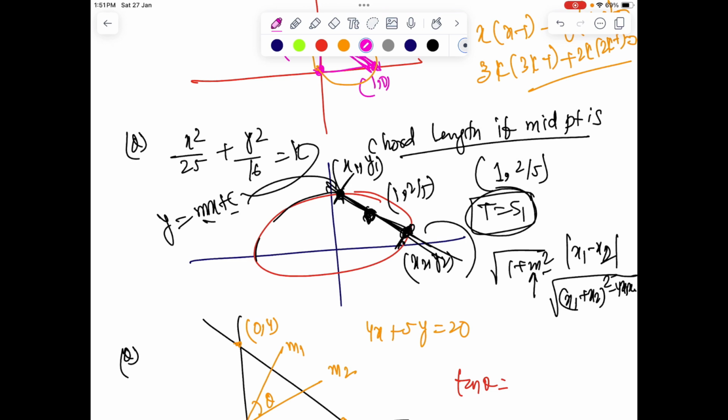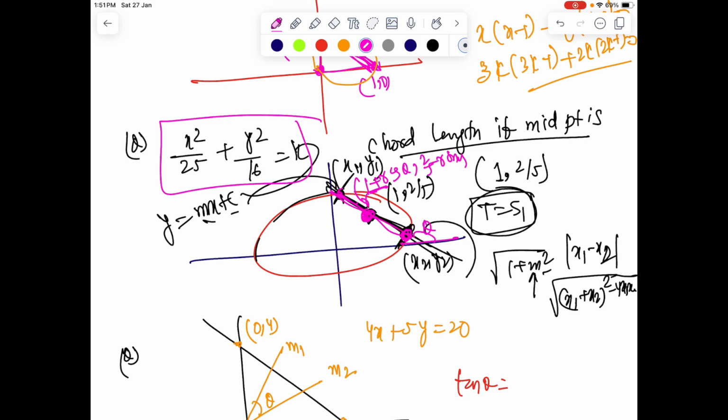If you don't want to use the condition for tangent, then you could have used even the parametric form. So this point is given, you could have taken r and theta as the inclination. So move (1 plus r cos theta, 2/5 plus r sin theta) and put it in the equation of the ellipse. Like both equations, 1 plus minus, because this point will be 1 minus. To equation, 2 unknowns, you will directly find the value of